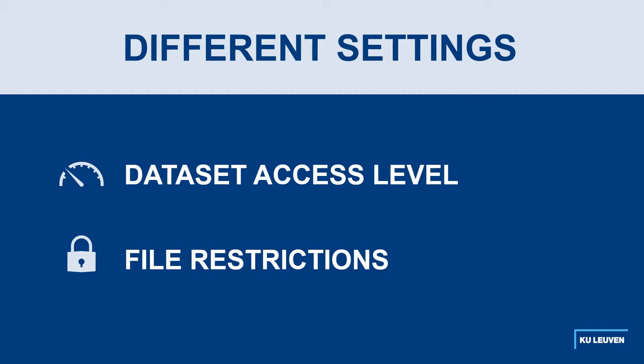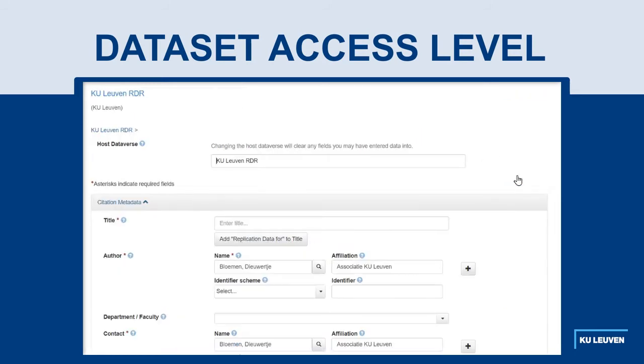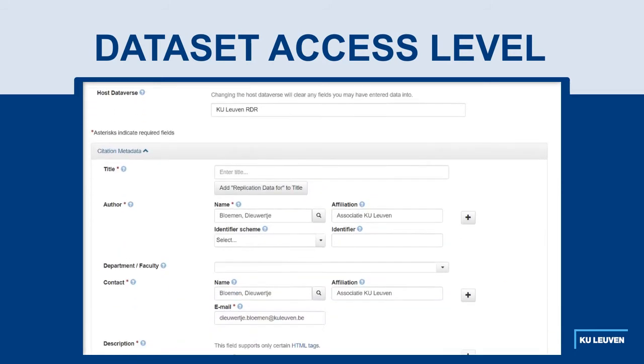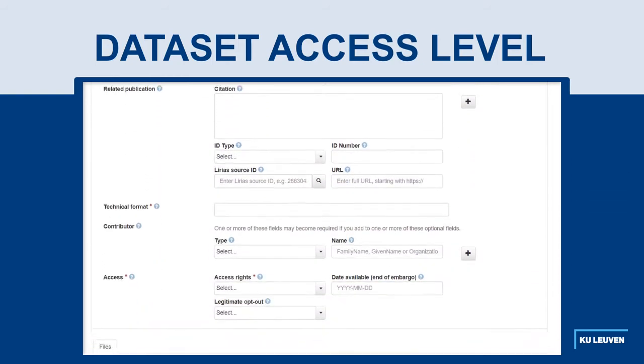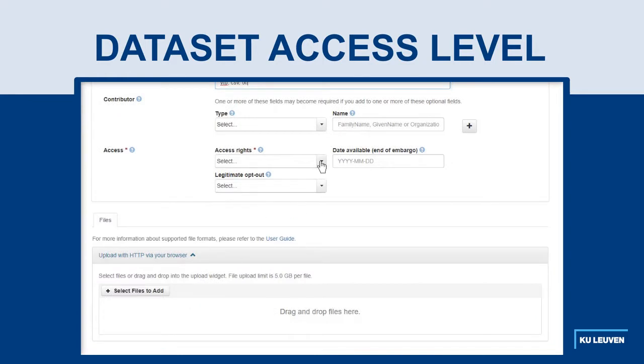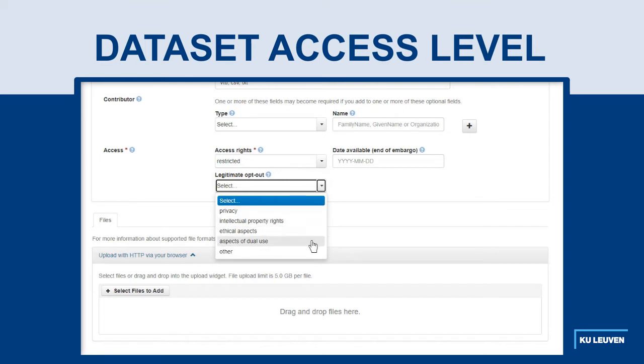When you first create a dataset, you will fill out the basic metadata. To learn more about how to fill in the metadata fields, you can watch the corresponding video. The fields we're interested in this video are the access fields at the bottom of the form. In the field Access Rights, you can choose between Open, Restricted, Embargoed, and Closed, with Open meaning that the majority, if not all, of the files are openly available and unrestricted in any way, while the Restricted option is perfect